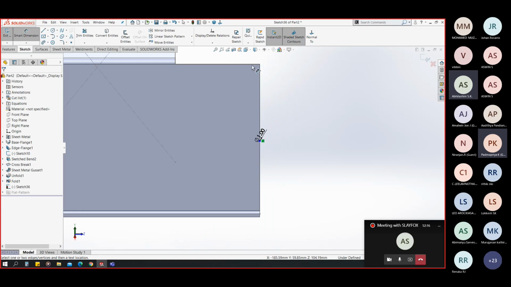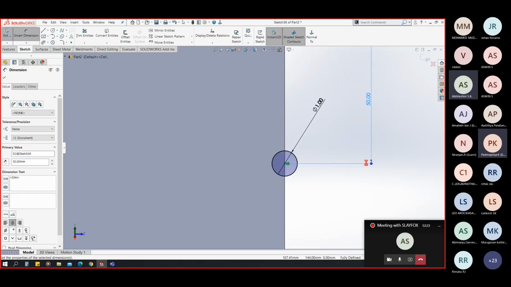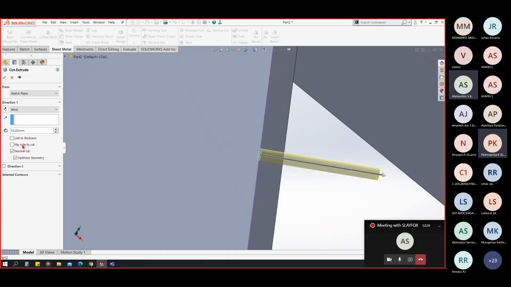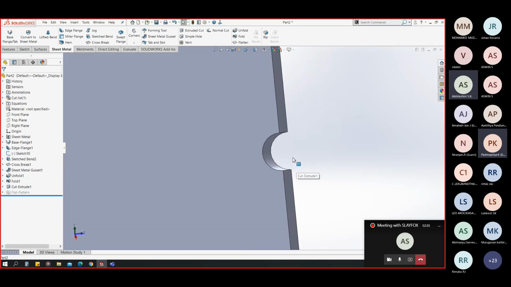Give its position from the end. You can see the sketch is fully defined, and I can now cut that and link that to thickness. You can see this is a 1 millimeter notch. Okay.